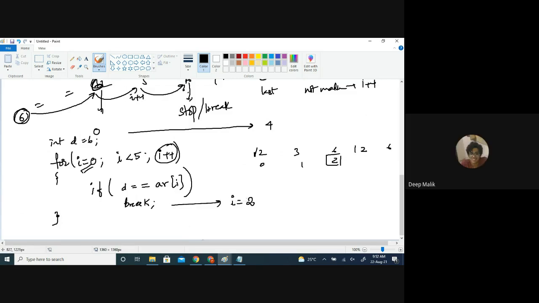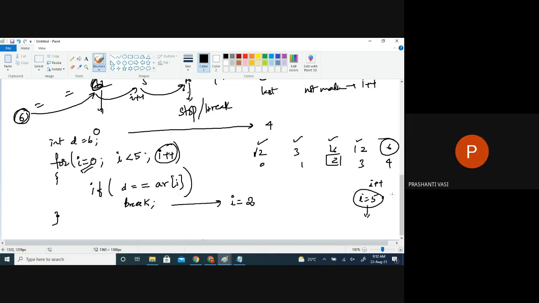So the loop has broken at index 2. So that means if it's not found, let us say it's not found, at which point will the loop break? After index 4 it will increase and the I value will reach 5. So when it is not found, the loop will still break, but it will break at size 5 only. But if it is found, it may be found at this point, or at max at which point? The last, index 4.